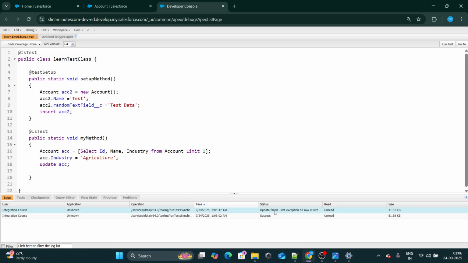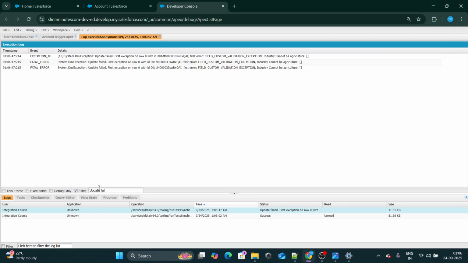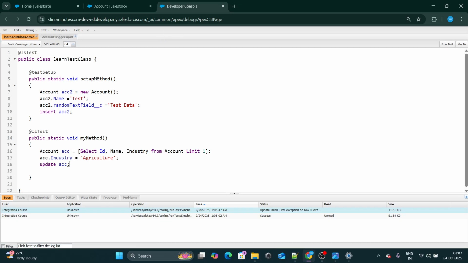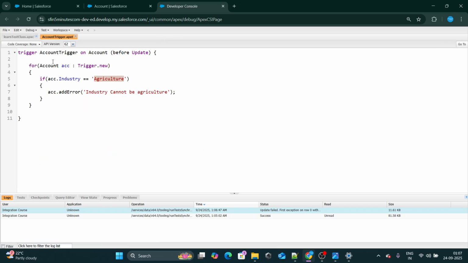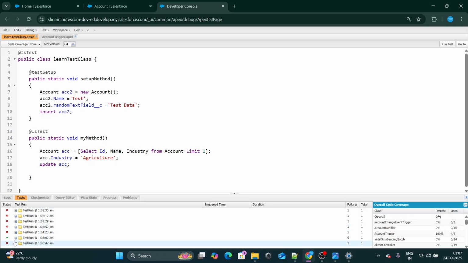Okay, actually the test class is failing. Let's go to this. It says that there's a custom validation that industry cannot be agriculture. So just to cover this test class, I tried to create the same scenario and I'm getting an error and my test class is failing, which is not as expected, right? You want to make sure that your test class passes. So in the scenario where you're getting any error and you want to cover that part of the test class, you can still do it